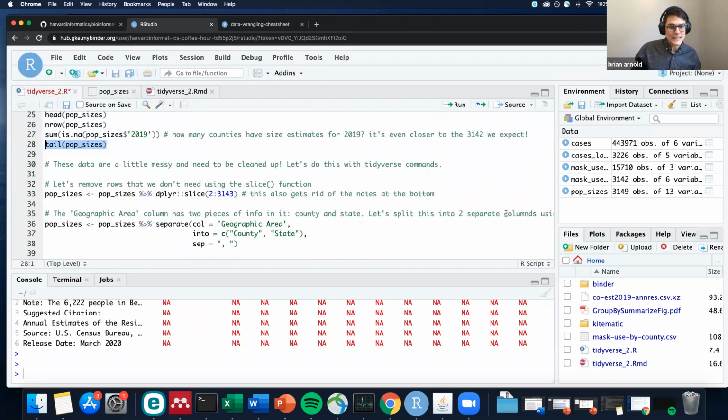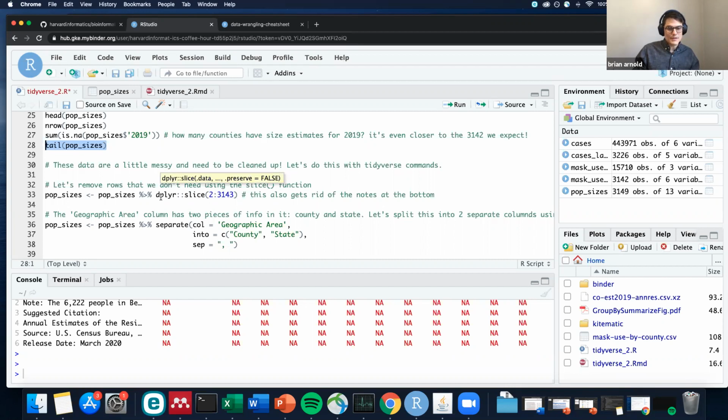So let's start cleaning these data to get them in a format where we can analyze them using all of these fancy Tidyverse functions. So first, let's remove that first row that has the population size estimates for all of the US. We don't want that. And let's remove the last few rows that have those notes. We'll do that using the slice function. So slice basically allows you to select particular rows in your data. If I go to our cheat sheet over here,